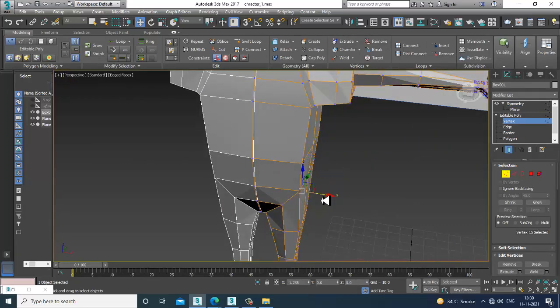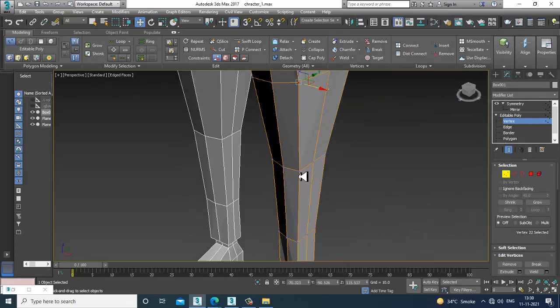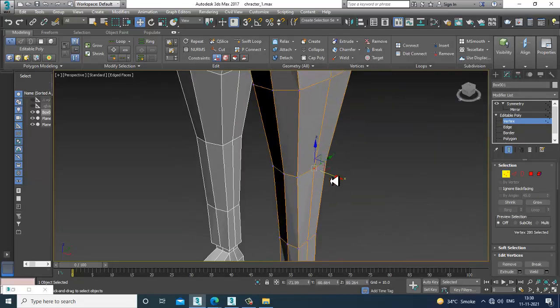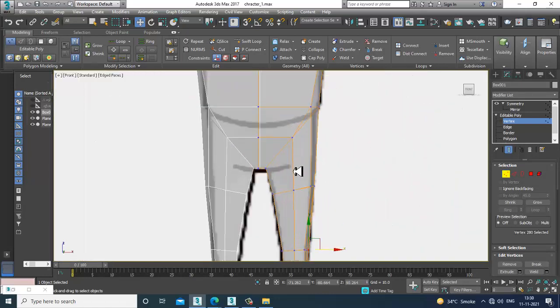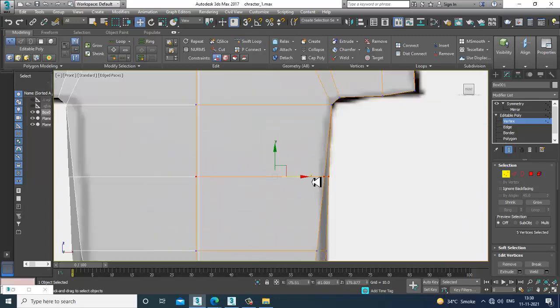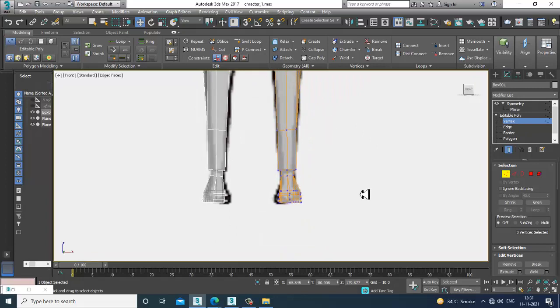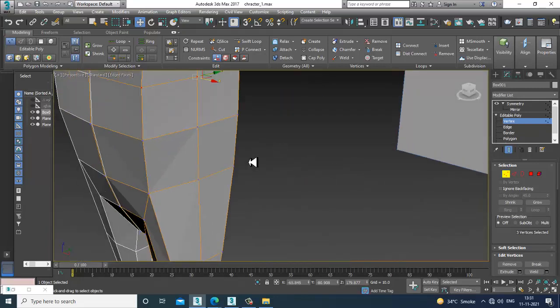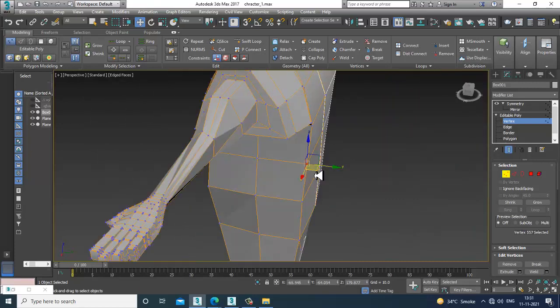Let's just adjust all of these vertices. We'll go into the swift loop and I'll add one swift loop over here. Slightly push this a bit inside, adjust this.